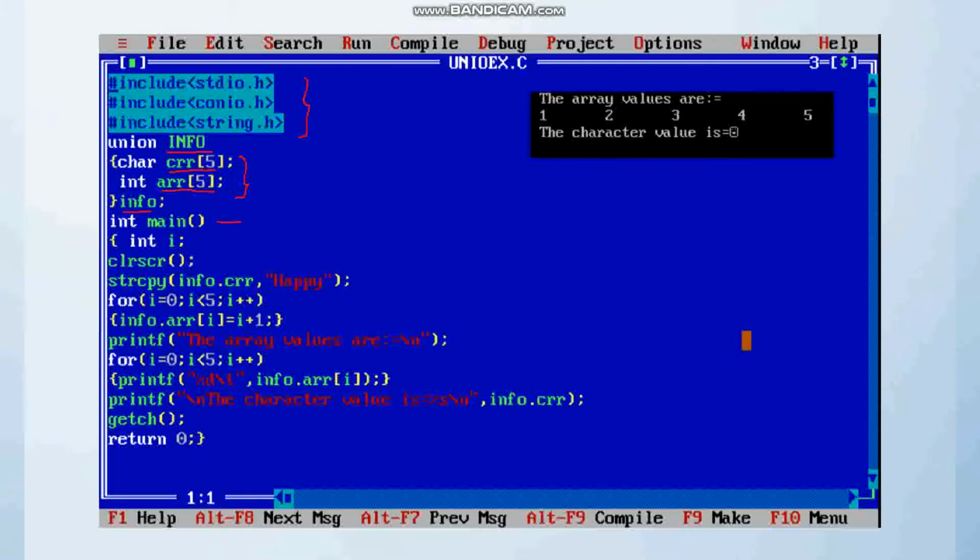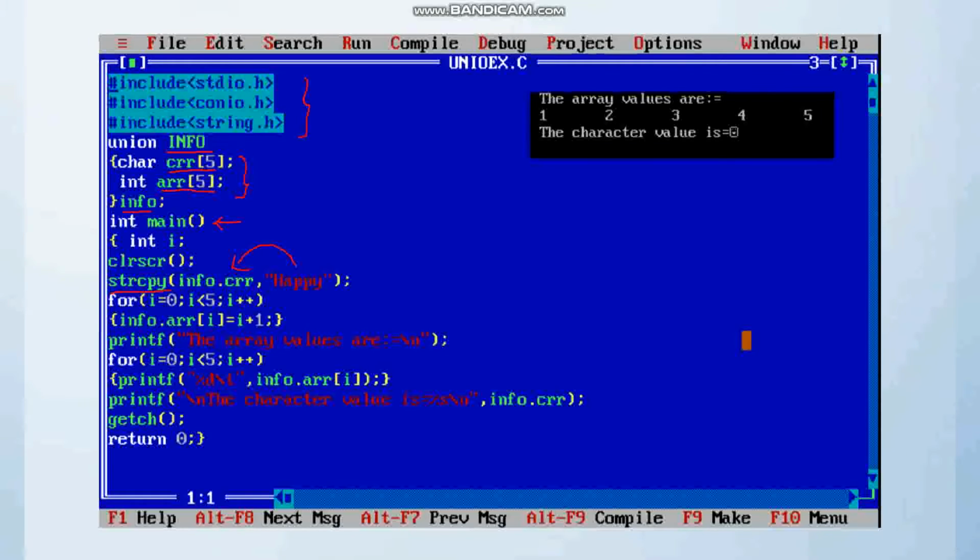In the main function of this program, first we are storing the value happy in the character array by using the function strcpy, which is defined in string.h. This is the way to store values in a character array.